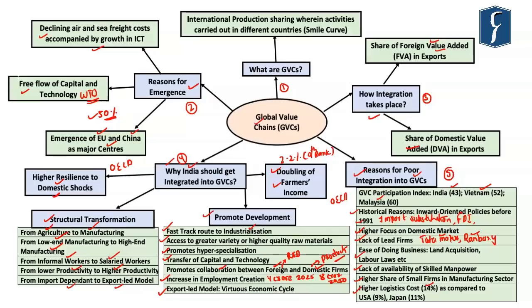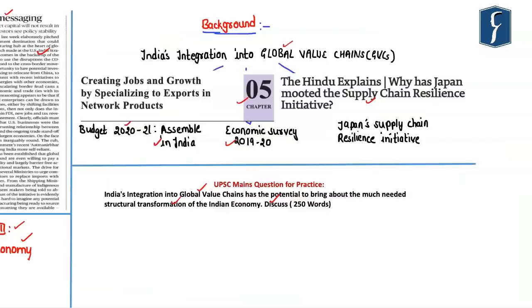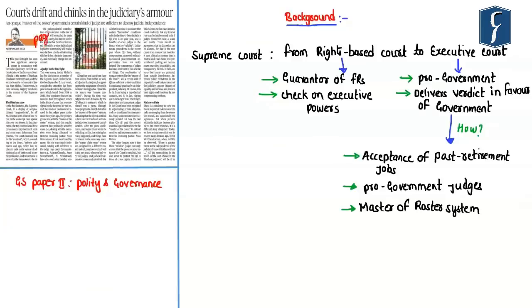So we must realize that global value chains are a much needed tool for bringing about a structural transformation of the Indian economy. Hence, keeping in mind the various benefits associated with global value chains, the Indian government should address the various constraints highlighted here in order to successfully integrate the Indian economy into the global value chains. Now, the next article appears on page number 6 in the form of a lead article and is titled